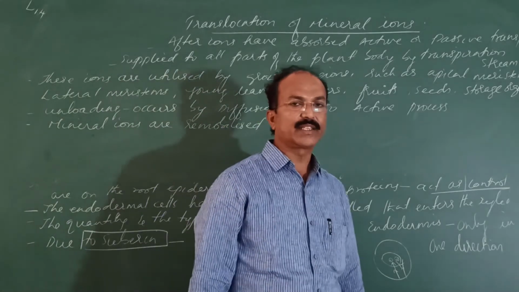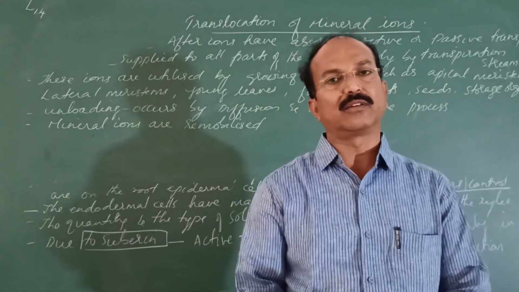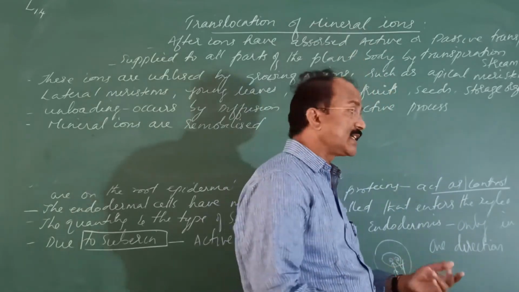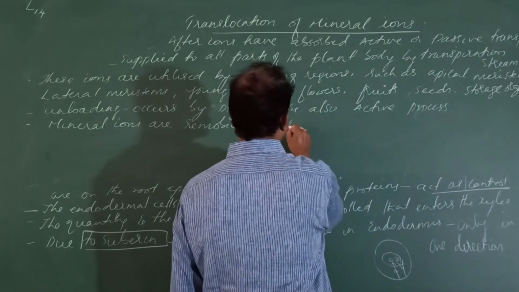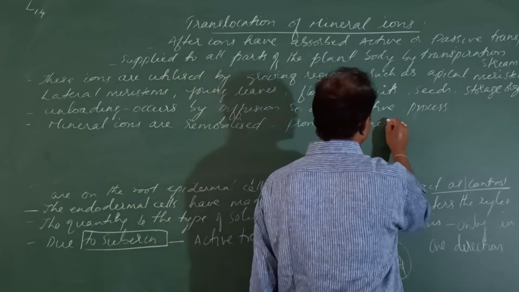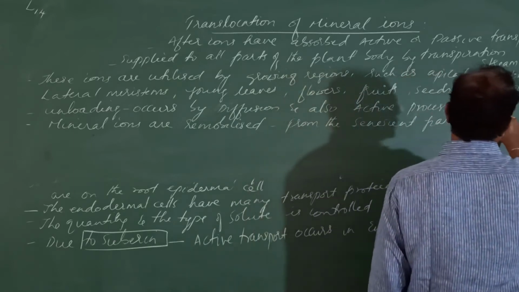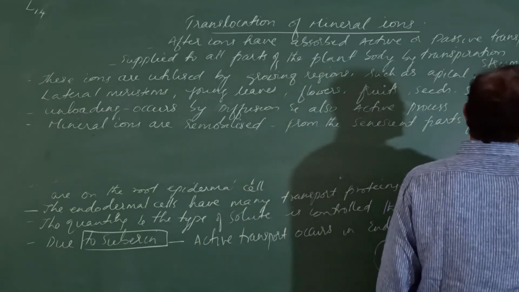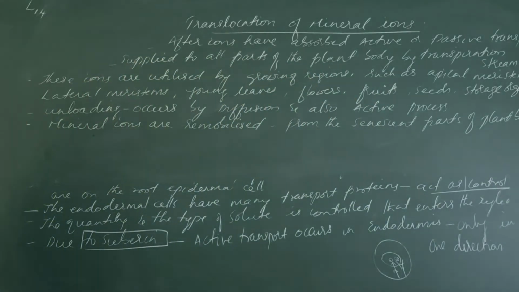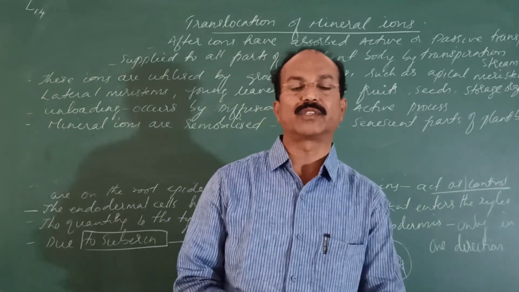When they are mobilized, they are taken up by the cells of the leaf, flower, branches, etc. So they are remobilized from the senescent parts of the plant body. Senescent parts means what? The parts of the plant that are about to fall, or where the death of certain parts of the plant occurs,